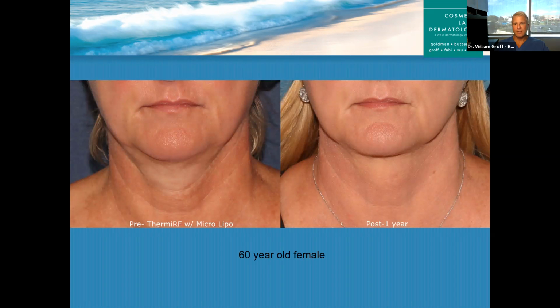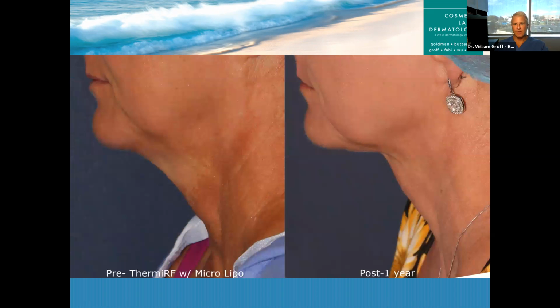60-year-old patient, you can see the straight on view. I mean, looks so much better. I think there's a side view here too. And she had a lot of sun damage on her neck, which I was able to help her out with laser. So with ThermiTight, and I'll get more into this later, you can actually couple the ThermiTight procedure with other